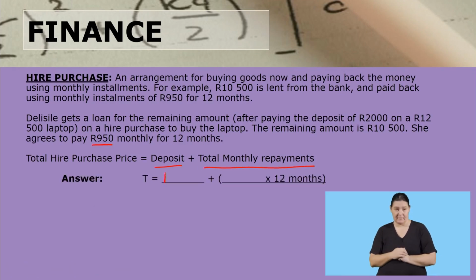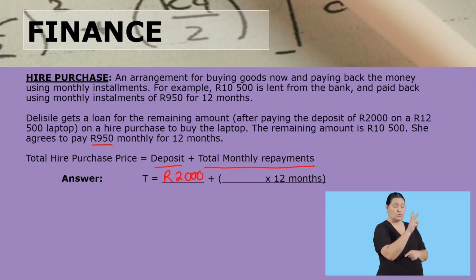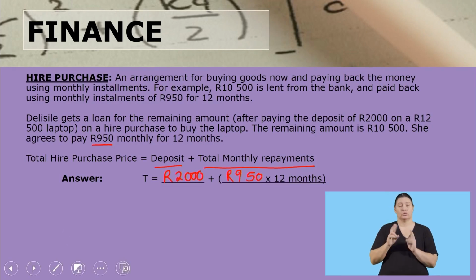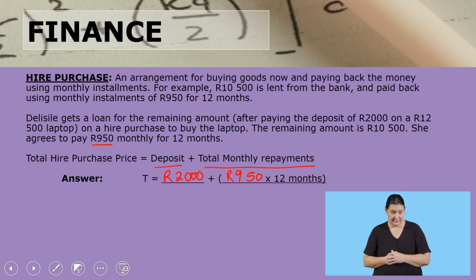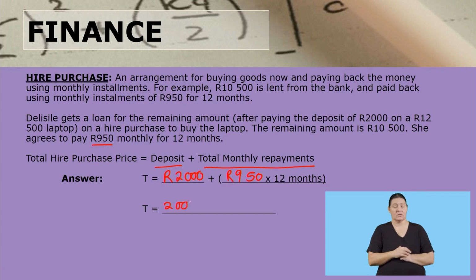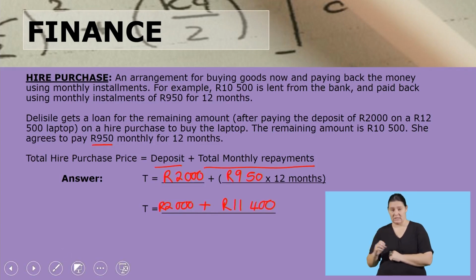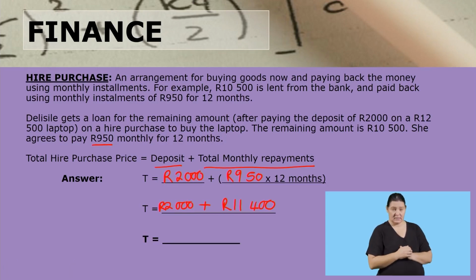So we know that the deposit was how much? That was the 2,000 rands. And how much did she agree to pay back to the store? That is the 950 rands for 12 months. And when we calculate this, then we are going to say 2,000 rand plus, if you punch in 950 rands multiplied by 12 on your calculator, that is going to give you 11,400. And when we add these two amounts together, the total amount that she paid back to the shop is